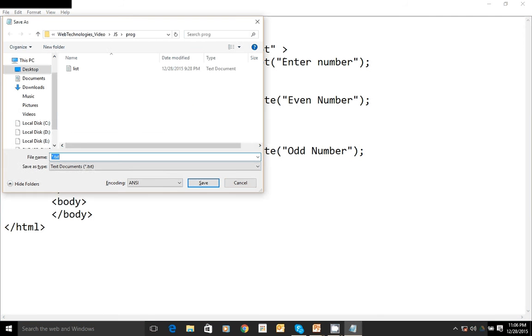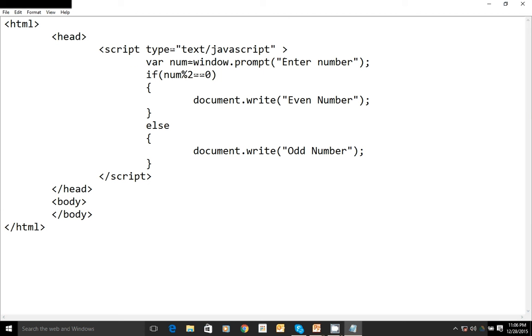Save the file. Let me save all these files in a directory. So save the file with the name 1.html. Open it.